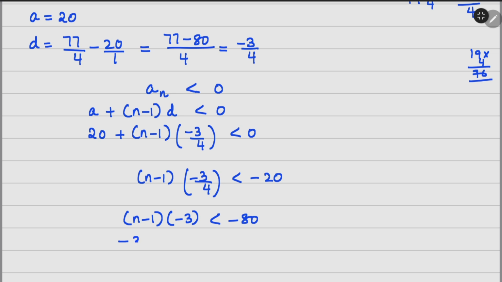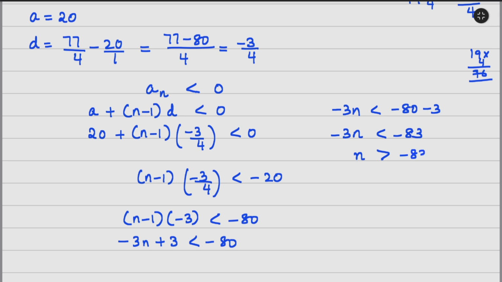So this is minus 3n plus 3 is less than minus 80. So minus 3n is less than minus 83. When you divide both the sides by a negative number, the sign will get changed, so n is greater than